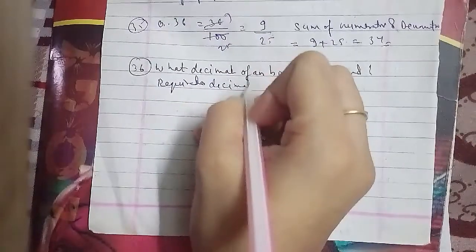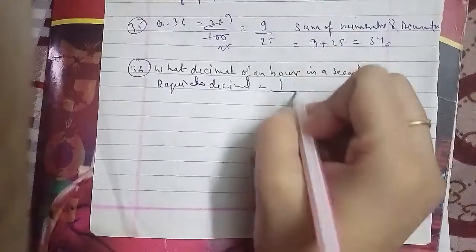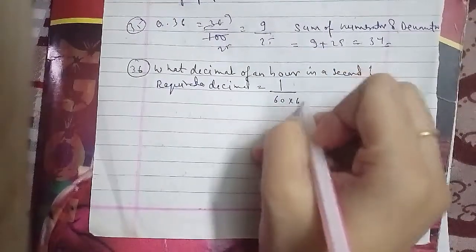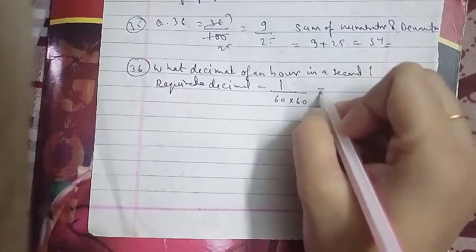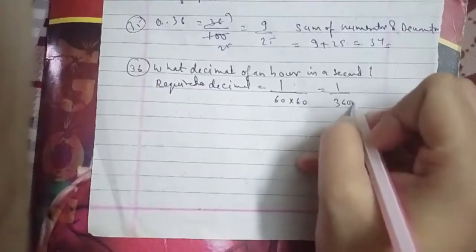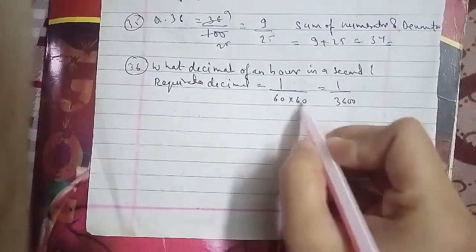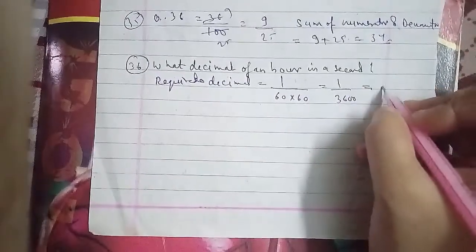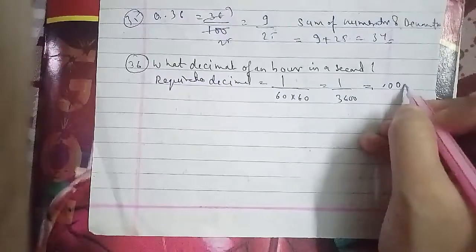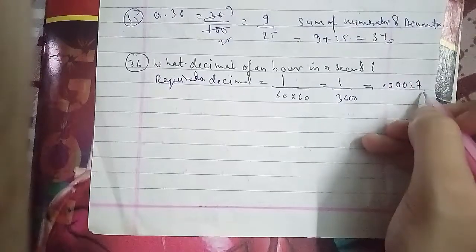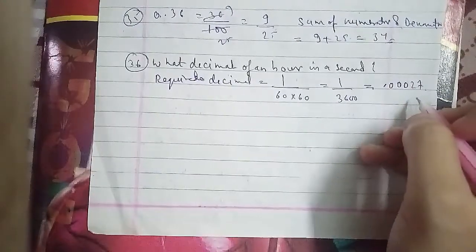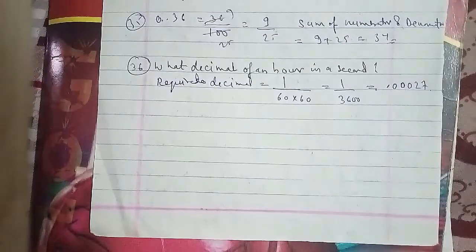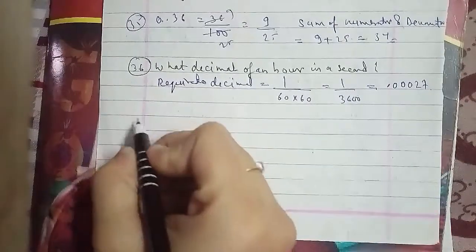equals 1 upon 60 into 60, that is equal to 1 upon 3600. This is for the minute conversion, and this is for the second conversion. We'll get 0.00027. That will be the right answer for this question as well. We'll go ahead with another question, which is the 37th question of the session that we have to talk